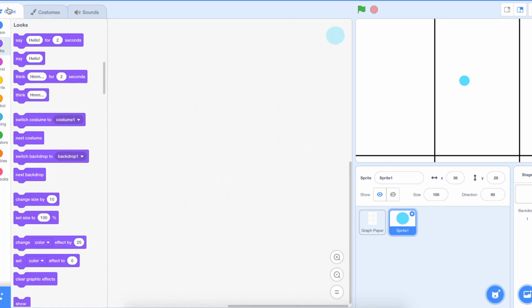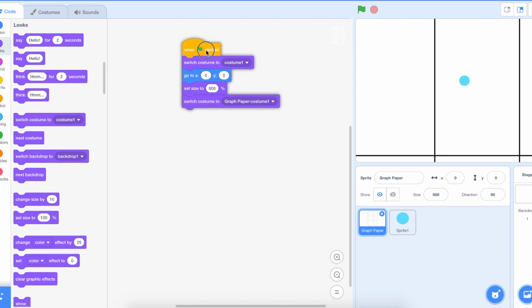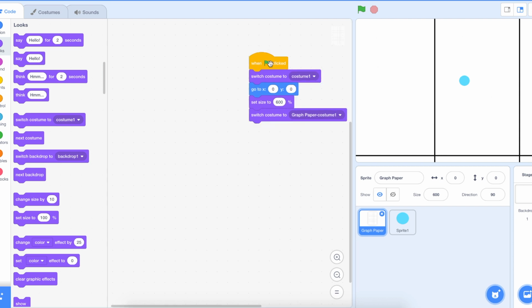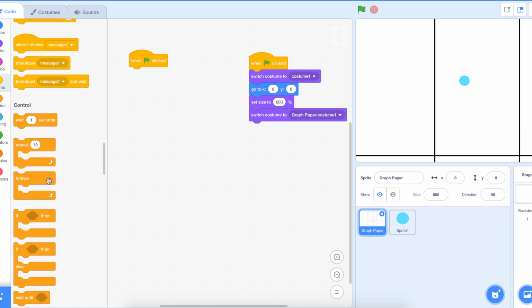Let's code that one now. In fact, no, I'm going to code the graph paper. We're actually going to get the graph paper to move, which will look as though my little Agario predator here is moving around the screen. So I'll move that over to the side, and I'm going to say when the green flag is clicked, this is actually just moving the graph paper, not the little blue dot. When the green flag is clicked, then forever